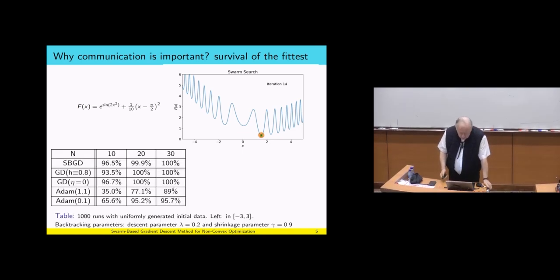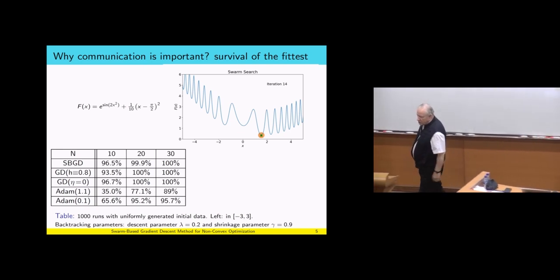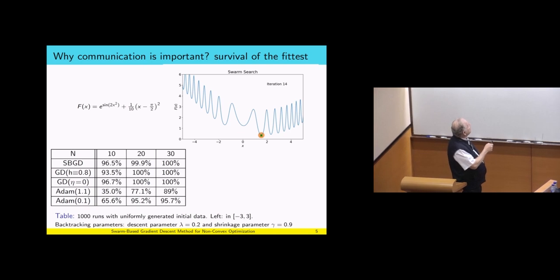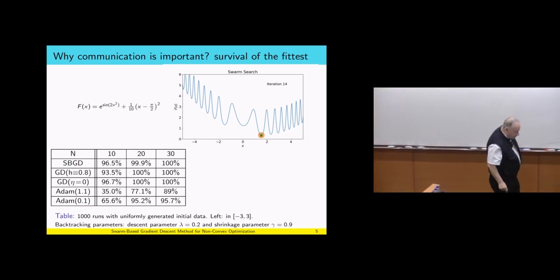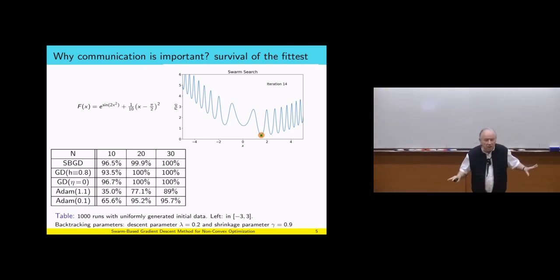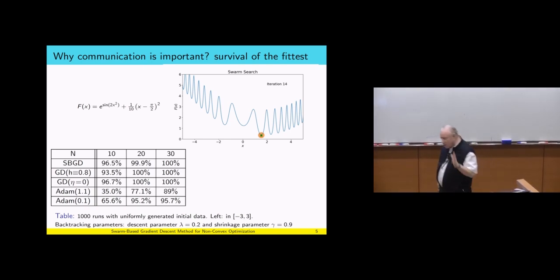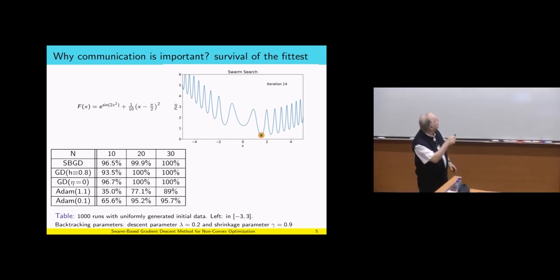Now, let me show you something. We compared it with other methods, stochastic or not. So here's the gradient descent method just with a fixed step size. This is the gradient descent method with eta equal to 0. You know what is gradient descent method with eta equal to 0? That there is no communication. You can say, well, is communication really important? Do I really have to talk to the others? So let's assume that each one does its own thing. This is what you see here.